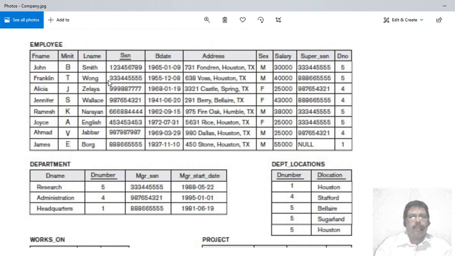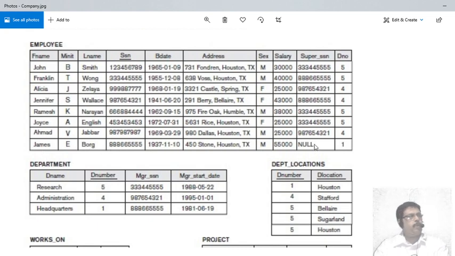Now if you take 333445555, who is the supervisor for him? Yeah, here you see, he is supervisor for another 2 employees. Correct? Actually, Franklin is supervisor for another 2 employees. Now for Franklin, this number, 888665555, which is this number, yeah, here. James Borg is a supervisor.